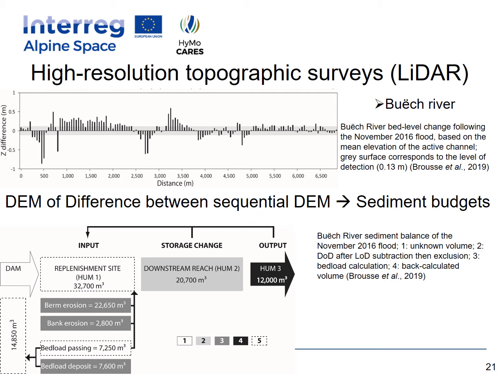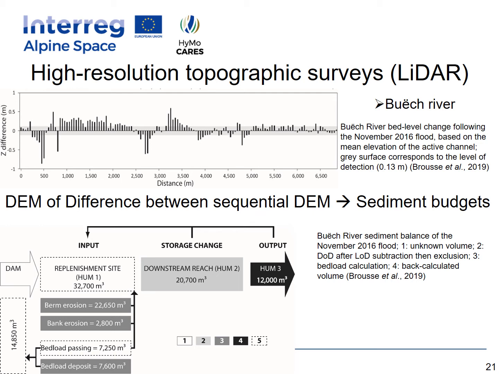The classic sediment balance equation and the cumulative distribution of tracer transport distances were combined for assessing the downstream propagation of the sediment wave induced by the sediment replenishment operation. By considering sediment loss of the replenishment ridge, it appears that 25,450 cubic meters of gravels have been supplied to the downstream reach of the Bush River, mainly by lateral erosion of artificial berms,